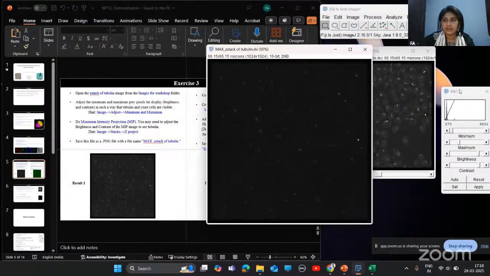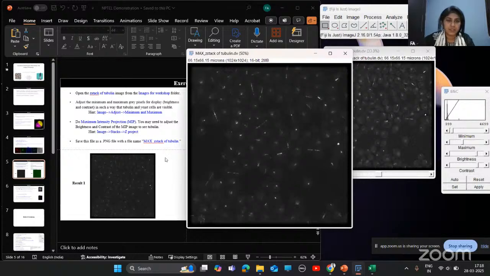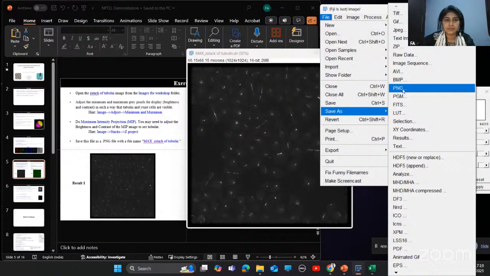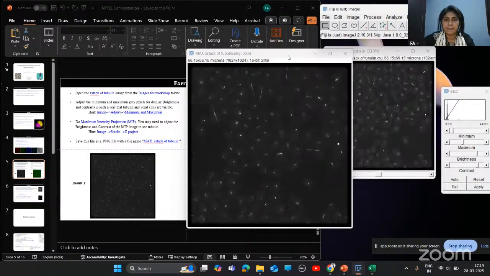So here we can again adjust its brightness and contrast. Okay, so result one looks like this. Next, you need to save this. We'll go to File, Save As, and .png with the name Max Z Stack of Tubulin.